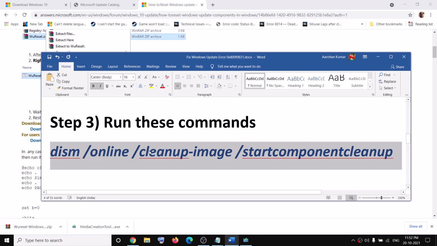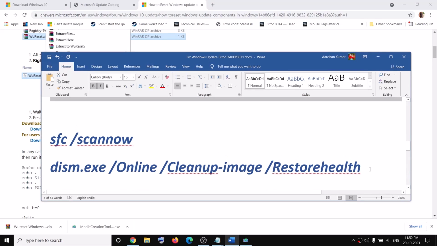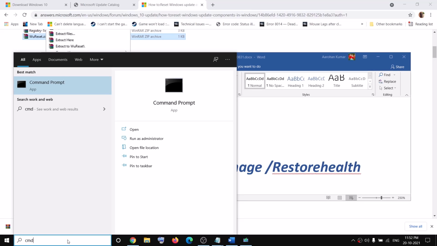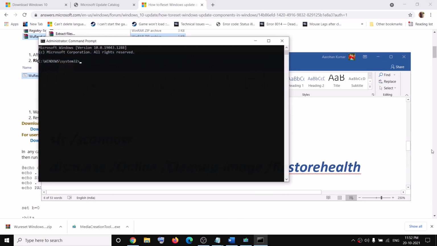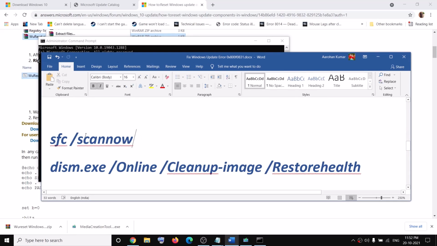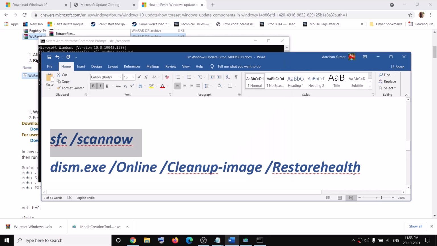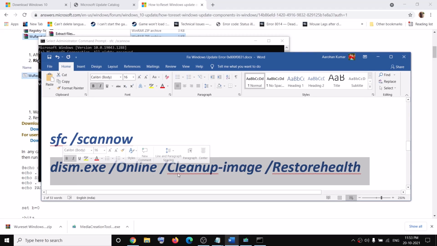And still you're facing the problem. In that case, you can go ahead and run these two commands. For this, again open command prompt. So make a right click on command prompt app, then click on run as administrator. Make sure that you're opening command prompt as an administrator and then run this scan. So paste it over here, hit the enter key. And once the scan is 100% complete, you can go ahead and run the second scan. So let this be 100% complete and then you go ahead and copy this command, paste it over there, hit the enter key. And once the second scan is 100% complete, restart your computer and then try to update your Windows 10.